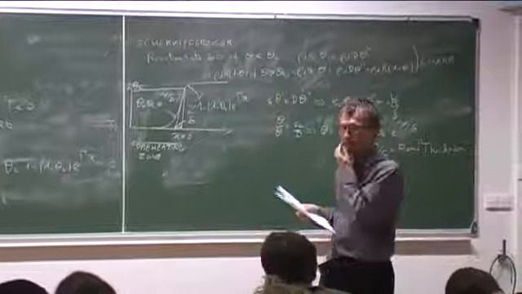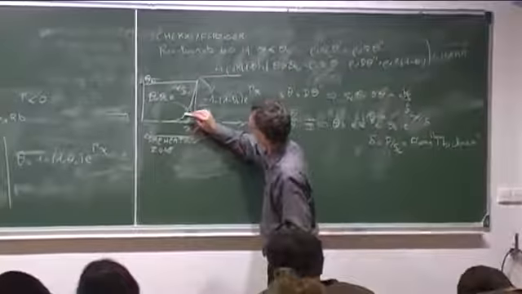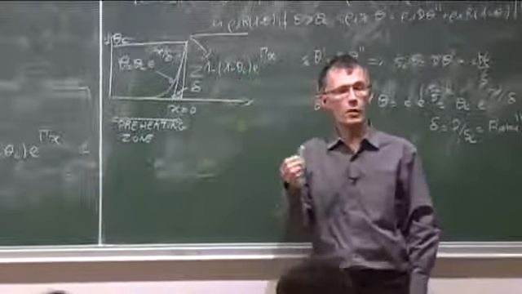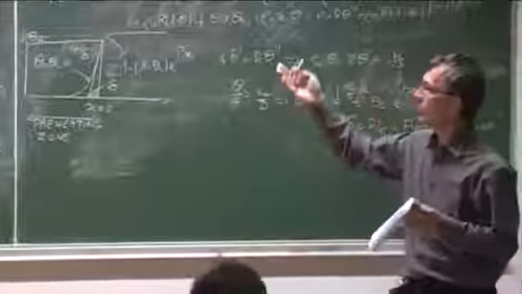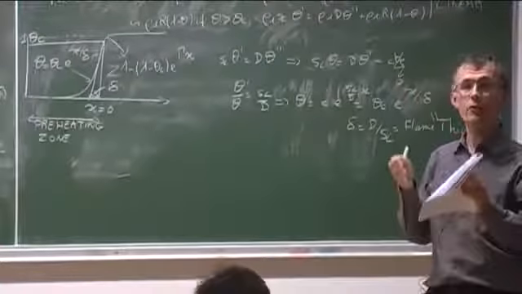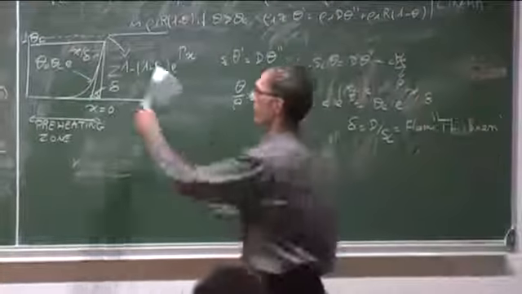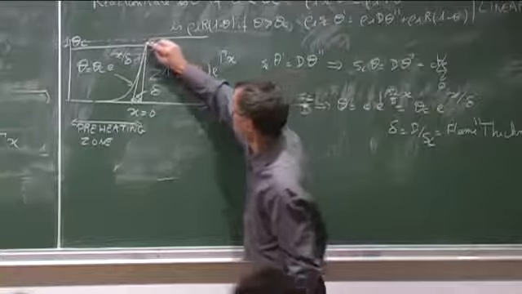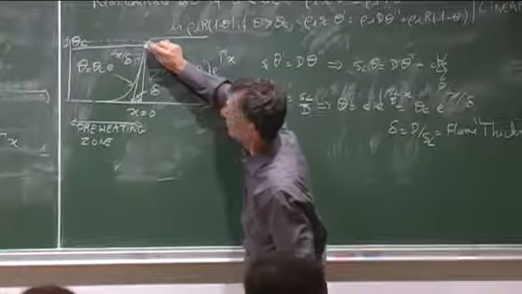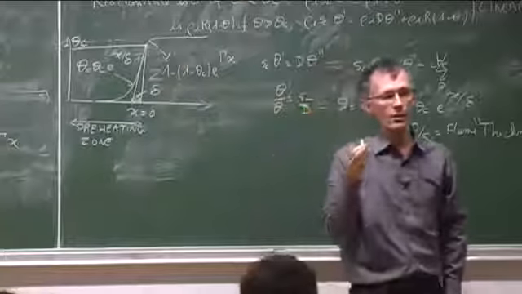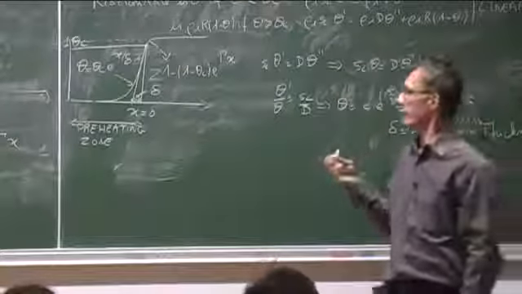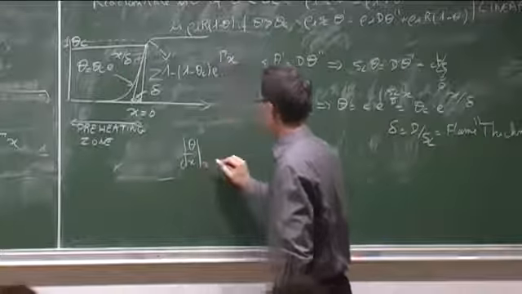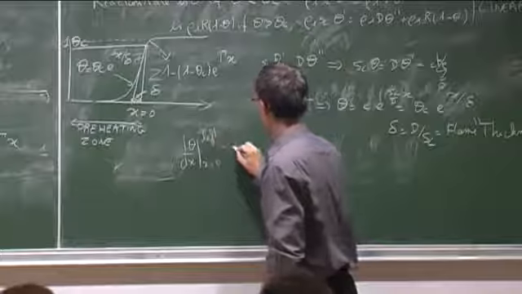Actually, the problem is not solved yet. I have shown you how to solve things on one side of that, and how to solve things on the other side. There's one thing I haven't done yet. It's to do what we called initially this matched asymptotic expansion. I have not matched these two profiles. I have one solution on the left side, one solution on the right side. They match already. They match because they are continuous here for the temperature. Temperature is continuous. But there's something I did not do. I did not match the heat flux. I did not match d theta dx at x equals 0 on the left and on the right.